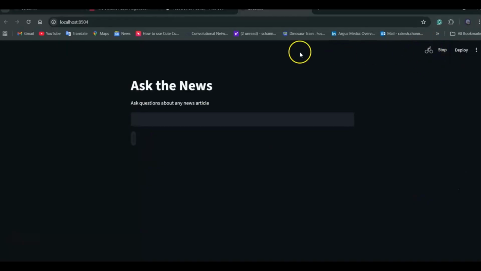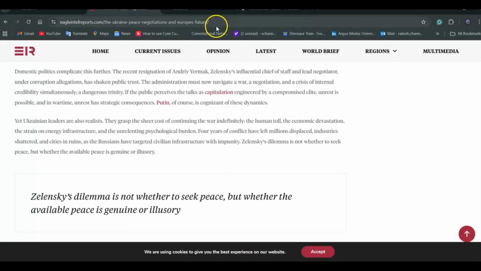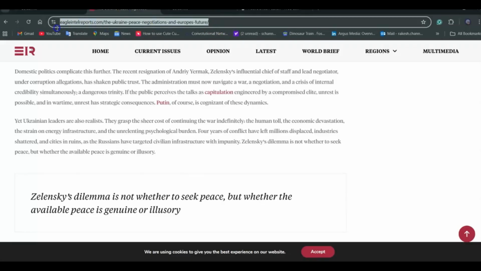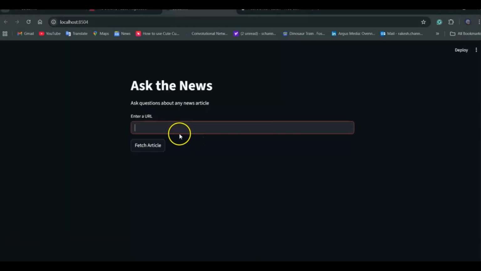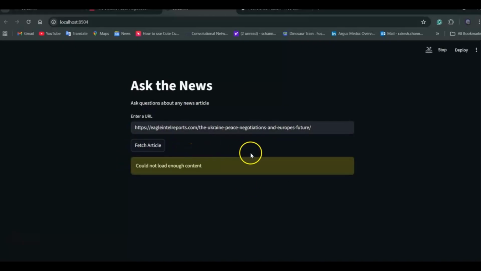So now here, this sign over here basically indicates that it's running. So what I can do now is I have a URL already ready here. Let me just copy this, and I'll enter this URL over here. And now by clicking fetch article, it's going to get data and it's going to say could not load enough